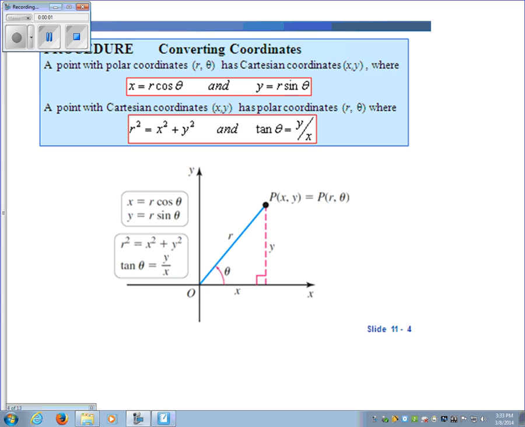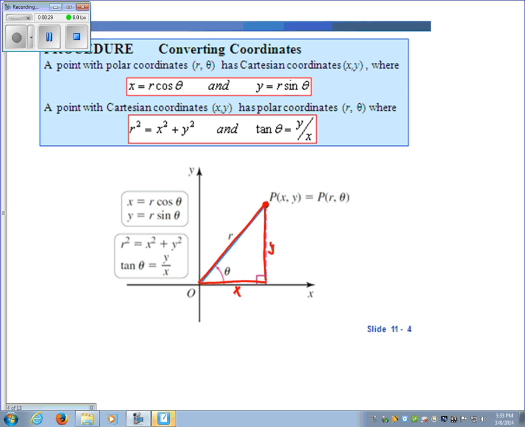And now we're going to look at converting polar coordinates to Cartesian and from Cartesian coordinates to polar coordinates. Now the main thing to know is if you're looking at a point here, x, y, that means that your distance to the right or left is x and your vertical distance is y. You can draw the line from the origin out to that point, and that's just going to be your radius or the hypotenuse